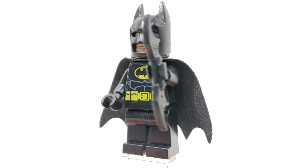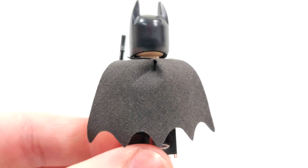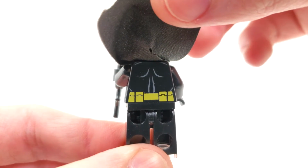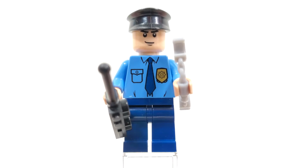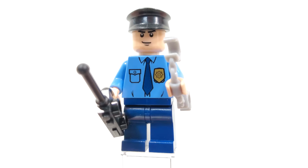No leg printing, no arm printing, though we do get back printing if you like that kind of thing. You can flip up the cape to take a better look at that, where you see the other side of the belt. Next, we have this guard character, the only other character who is not exclusive to this set,